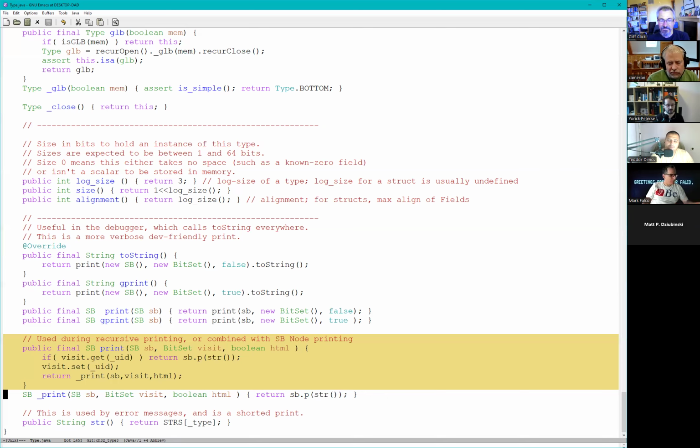And then when it prints the type as part of the error message, that's where it has a depth. If the depth is greater than 64, we just print dot dot dot and bail out. What I did in the show error is just use a visit bit set that stops the cycle and uses a short form. There's the long form, going deep, and then the short form, which in the case of a struct with fields just says the struct name. So you can end up with a type error like, oh, the type array brackets, array brackets, array brackets.